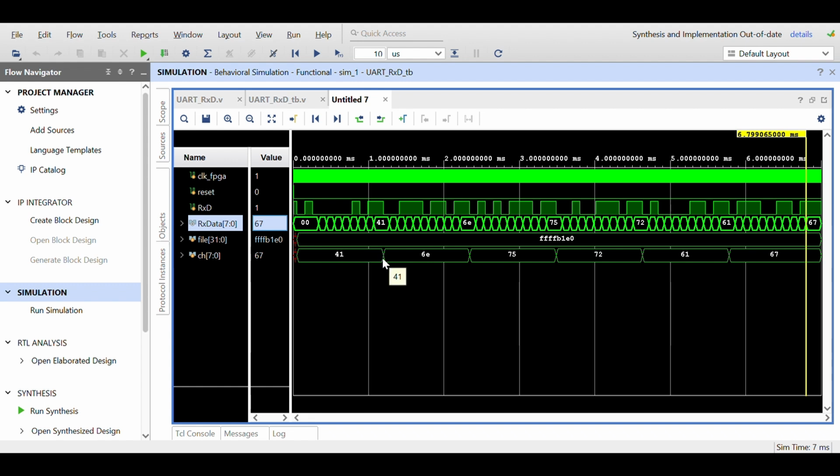So the transmitted data from the file is correctly received by the UART receiver without error. It shows that the UART sampling and bit alignment are correct, and if there were timing issues, then it would display a garbage value instead of the expected ASCII value. So no data loss or corruption happens. We can say that our UART receiver is working fine. So this concludes our stage